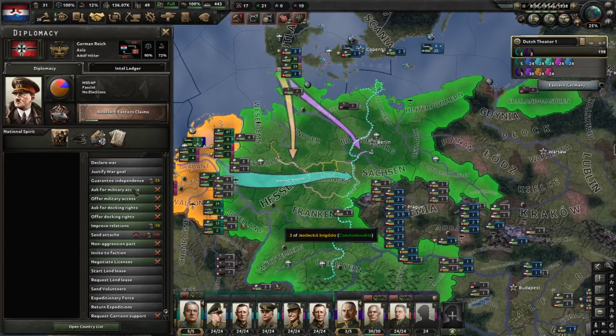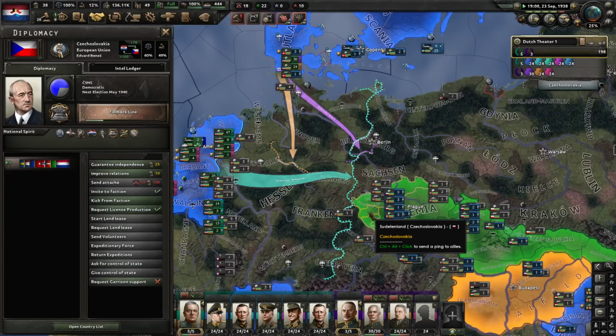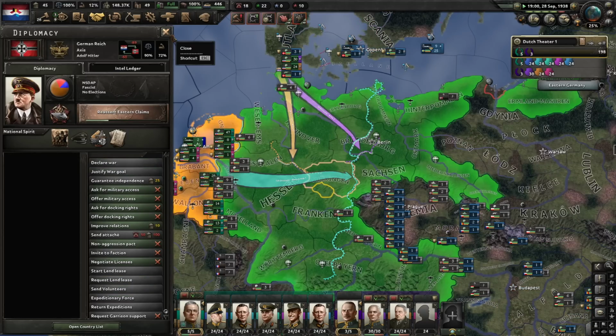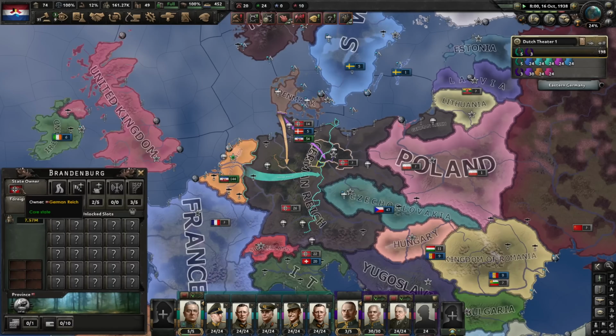Whoa, did they back down? They don't have a war goal on Czechoslovakia. How did that happen? Or will they get an event that starts the war? Something weird is happening here. Everything I know about the game tells me they should be attacking Czechoslovakia right now. Something has not gone according to plan. No matter, it's fine. They will go after...